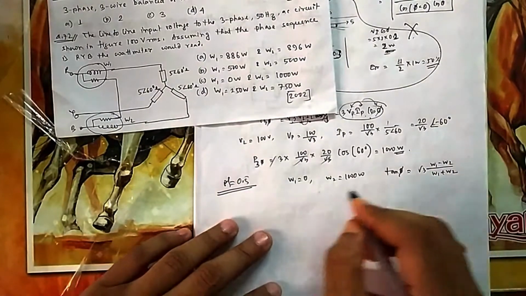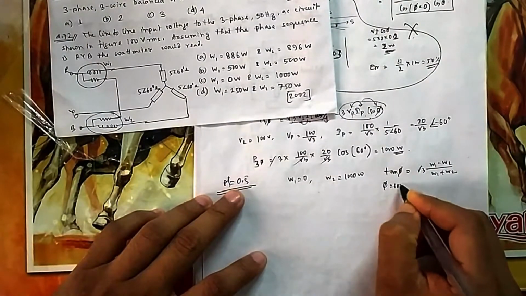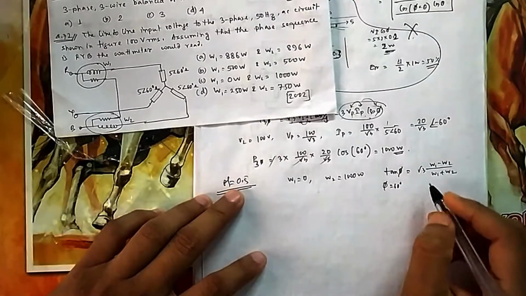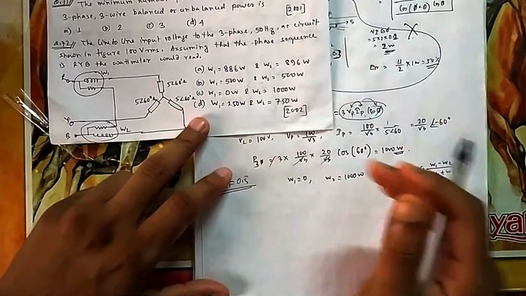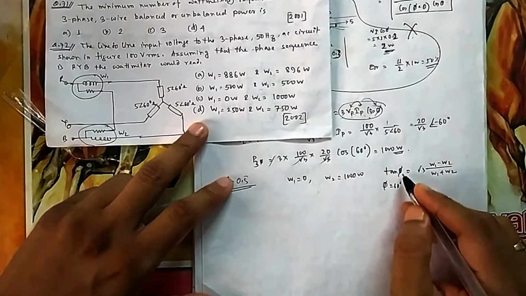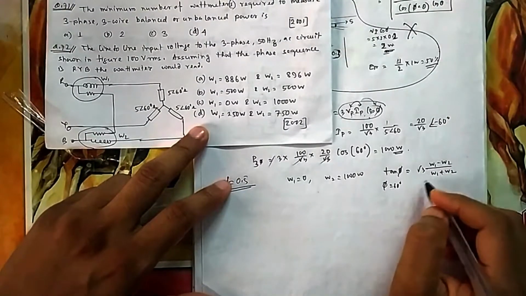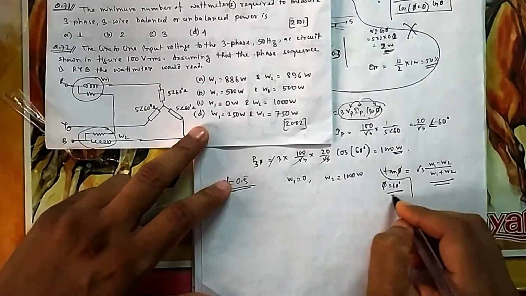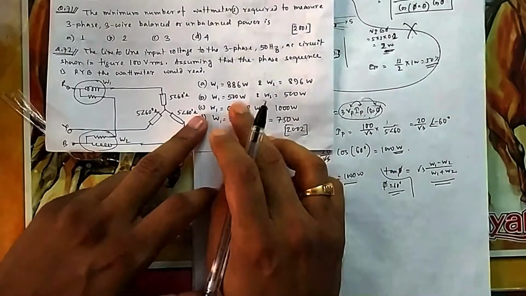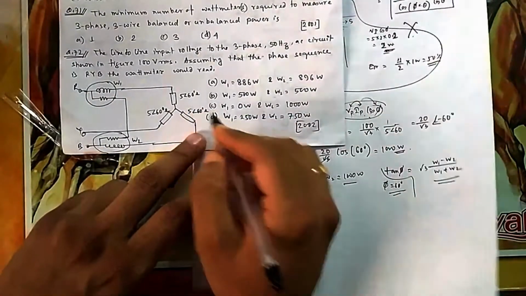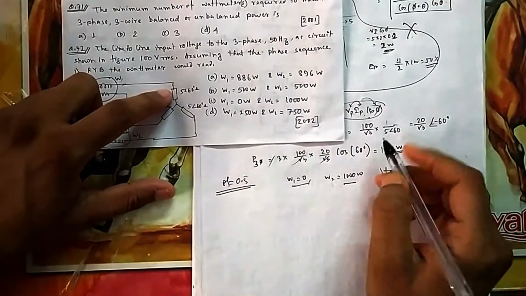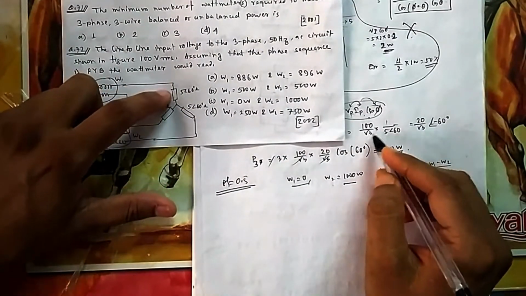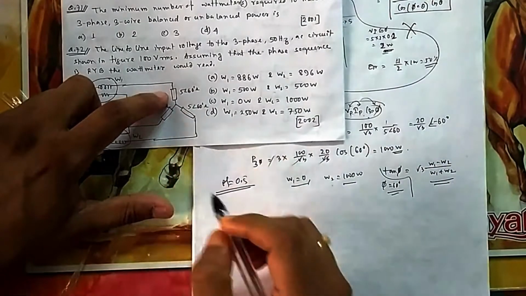So if your power factor becomes 0.5, then phi is equal to 60. If phi is 60, root 3 gets cancelled, since tan 60 is equal to root 3. So you will get W1 cancelled, so W2 is equal to 0. It could be either of these wattmeters; you don't know which one is W1 or W2. If you go below that one, then one becomes negative. So that can be drawn from here: if it is 0.5, one will be 0 and the other will be the full value. By seeing the power factor only, we could have given the answer, because the power factor angle will be 60 degrees: whatever voltage you give, the angle between voltage and current will be due to the impedance angle only.